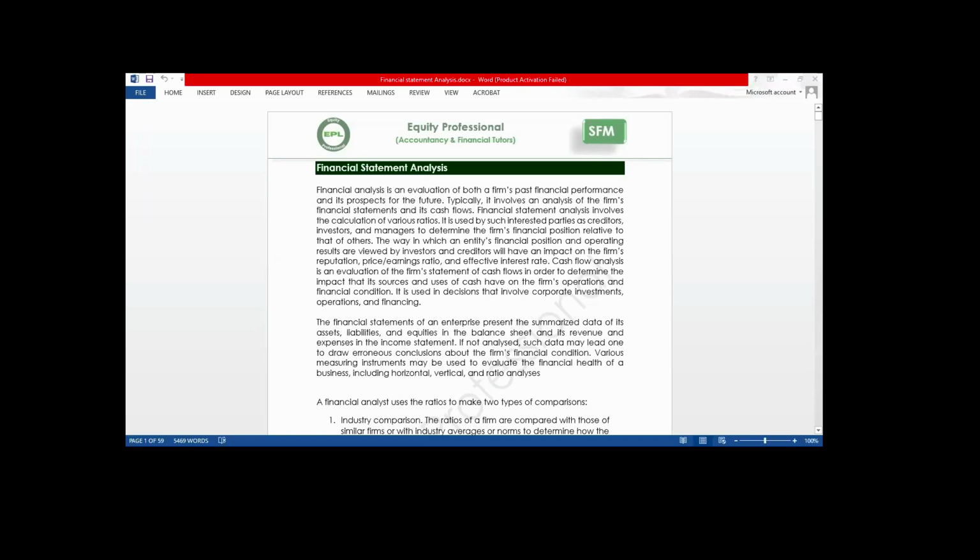or financial statement prediction. Please note, if you are required to carry out financial statement prediction, that is, you want to project a company's future financial statements,